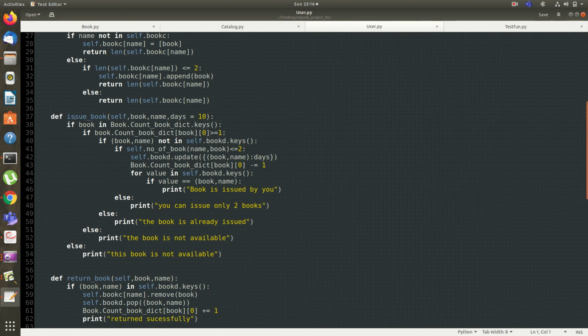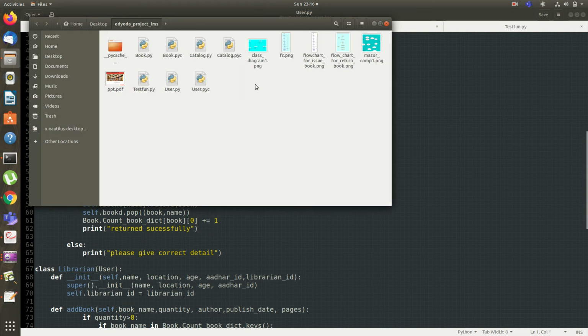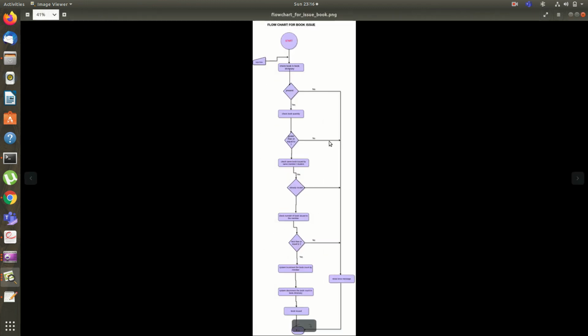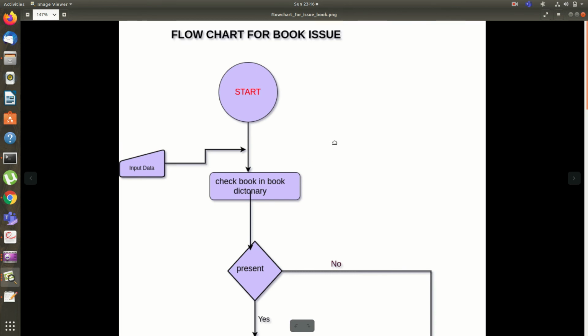For a better understanding of issue book and return book, let's see the flowchart of issue book and return book. This is the flowchart of issue book.